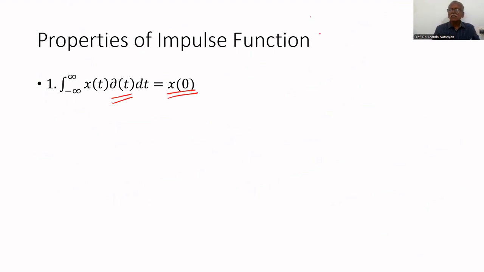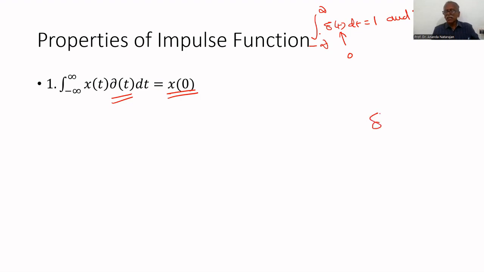What is the mathematical expression for the impulse function? Integral from minus infinity to plus infinity of del of t dt equals 1, and del of t equals 0 when t is not equal to 0. So this function will exist only at t equal to 0. In other words, when the index equals 0, only then will this exist.